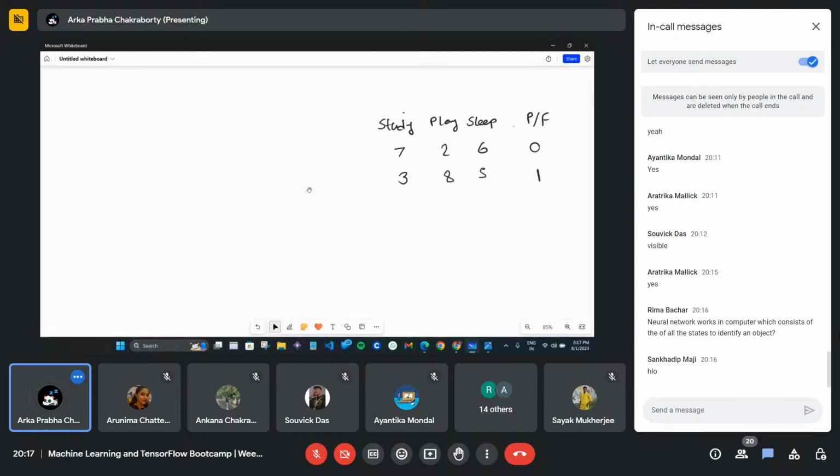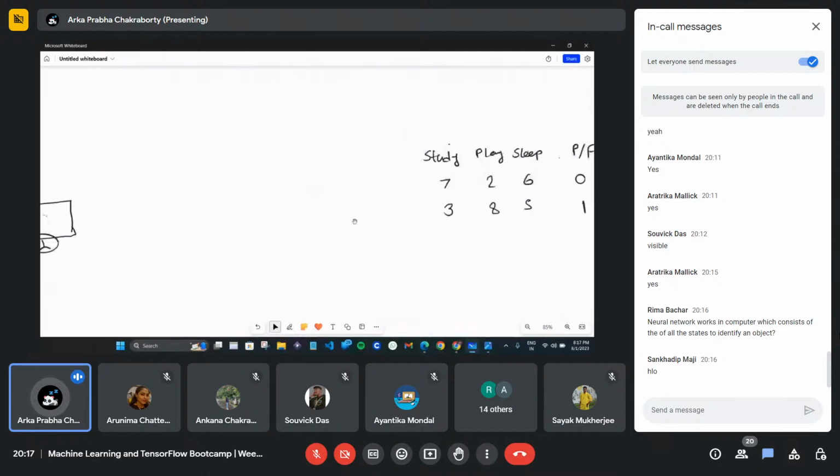So when neural network comes to our mind, the first thing is, what does a neural network look like? For that reason, I will use a single perceptron.